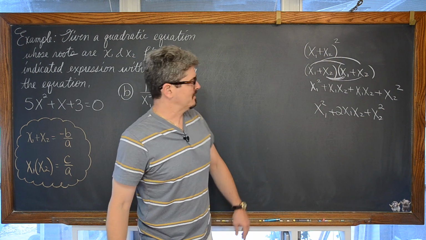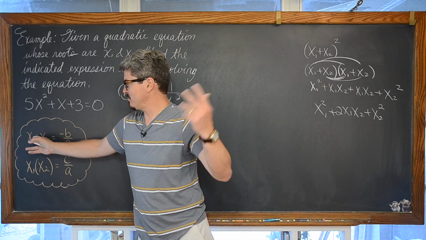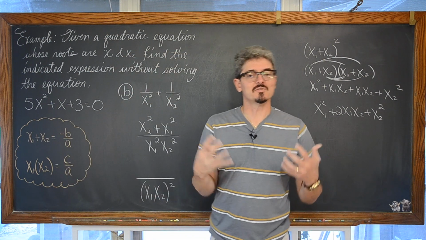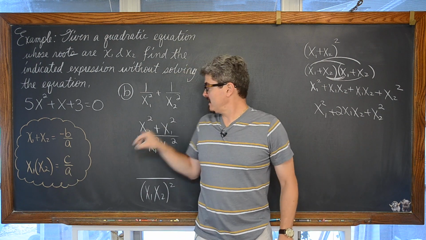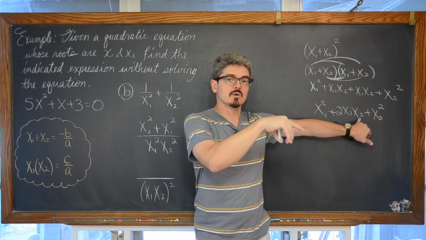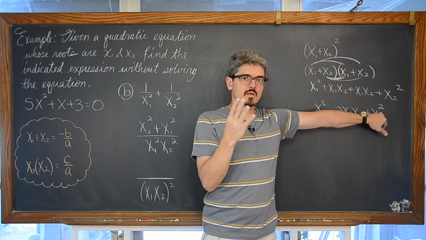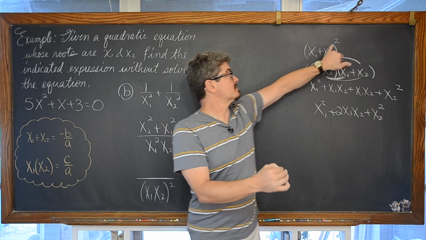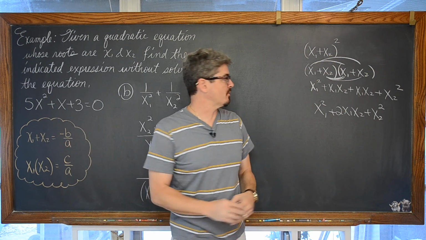Maybe your book will be nice to you and do something like a plus b or u plus v or something like that. But my book, and I'm staying consistent with it, uses subscript. So this is getting kind of ugly to say. But look here. If I add in a plus 2 x sub 1, x sub 2 term, then I can take these terms that are squared and factor it and get a sum of roots squared. And that's awesome, because then I would know that that sum of roots is negative b over a.